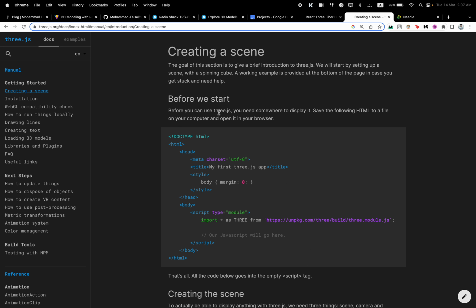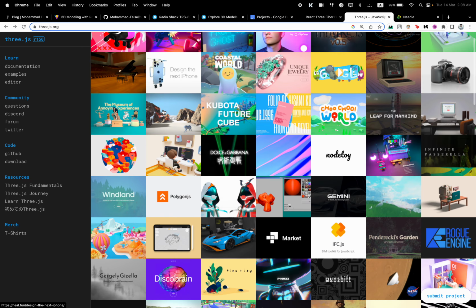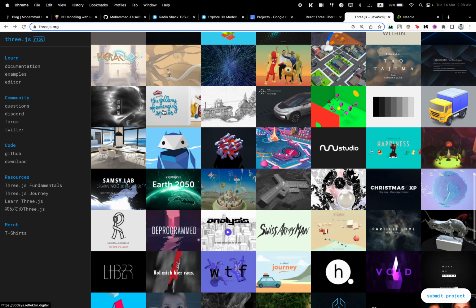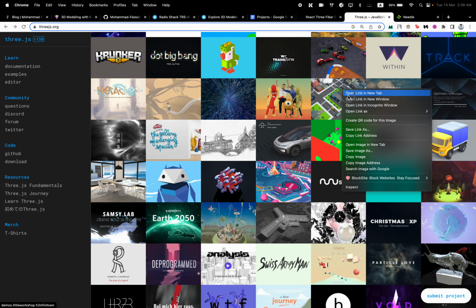This is a very popular package which takes care of every 3D modeling need that you can require inside your project. They have a bunch of examples here. If you go to their documentation, you can check out all of these websites. All of these websites are using ThreeJS, and today we will learn how we can implement ThreeJS in a ReactJS